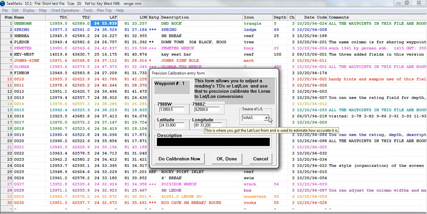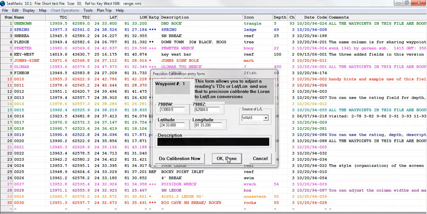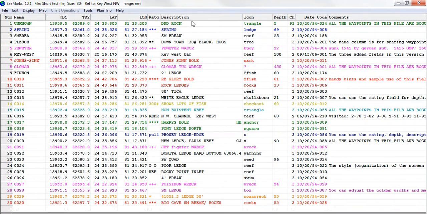Over here, the source of the latitude and longitude is specified. That gives you an idea of how good the point was. Is it a differential GPS or a WAAS GPS, or just a plain old GPS without those corrections, or did it come from a Loran set? As you go down the list to the bottom, hearsay, you get lower and lower quality. So if we say this one was a WAAS GPS, and then OK it, then the only change we see